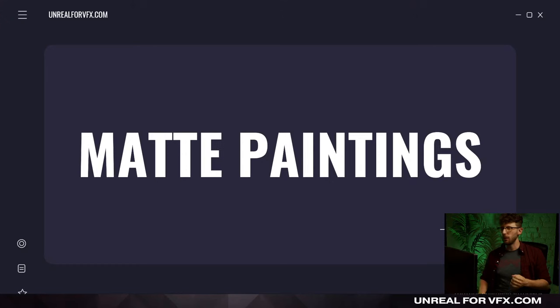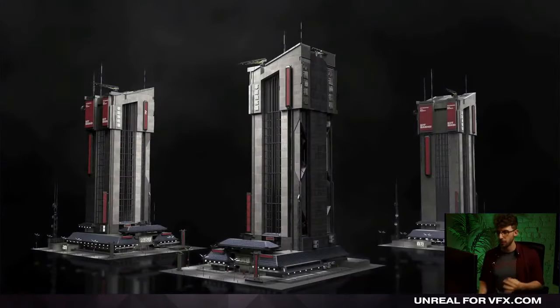Another huge trick that we would use all the time at a visual effects studio and on these movies is using matte painting. So a lot of people think they have to build out every single 3D model in their scene. And you definitely want to have great 3D models. I also used a couple kit bash models to build out the rest of the city, but I didn't really rely on the kit bash buildings all that much here.